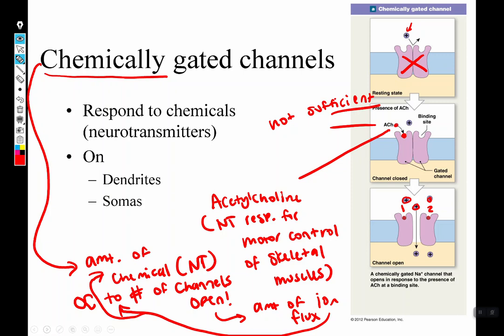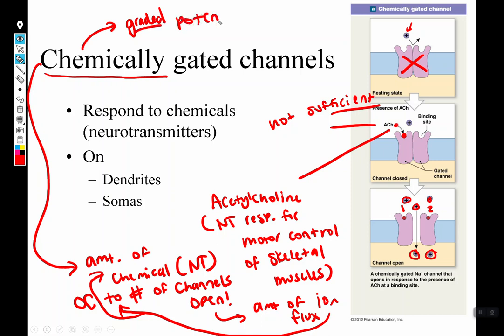So, if we know that pluses crossing the membrane changes the voltage, and I'm going to let some pluses inside and make my voltage be a little bit higher than my negative 70, chemically gated ion channels are responsible for